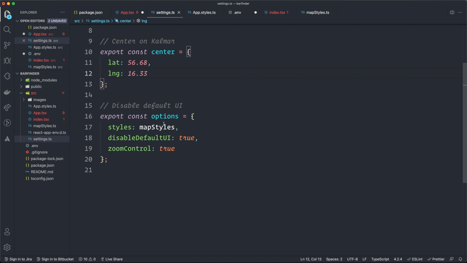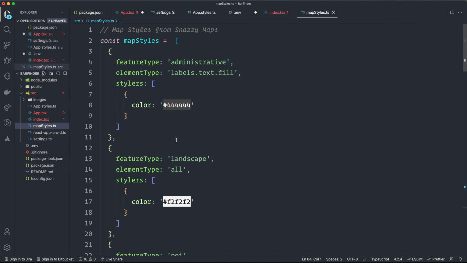And then we have something that's called options, and we can set a few options here for us. And I want to disable the default UI with all the buttons and stuff. So I disable the default UI, I set it to true, but then I want the zoom controls. So I activate the zoom controls. And I also set the styles to the map styles. And the map styles is the styles that I talked about before in the mapstyles.ts file. So these are the ones that I grabbed from Snazzy Maps, and we're going to use them now in our